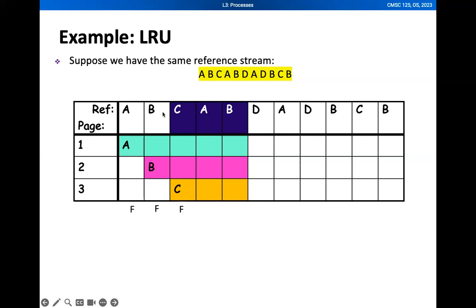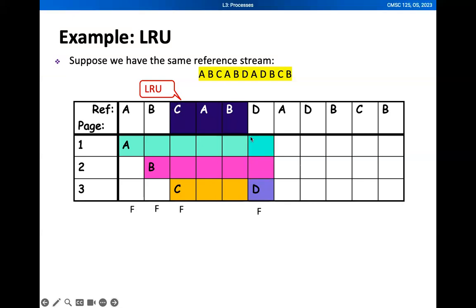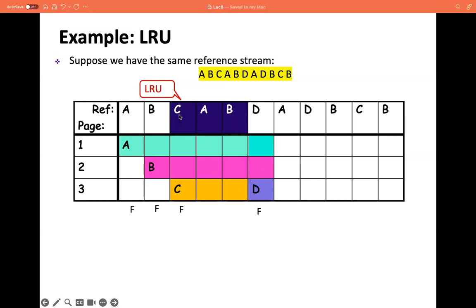Okay, B, C, and then A, and then B. And you can see that the least recently used was C. So the most recently used was B, then followed by A, and then followed by C. Or if 4 frames, you can look at the B also, but still it will be C. Okay? So since C was the least recently used, we are going to replace C with our new